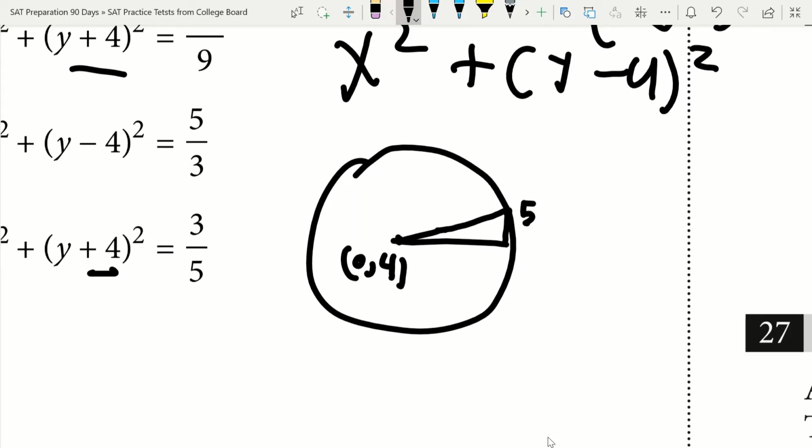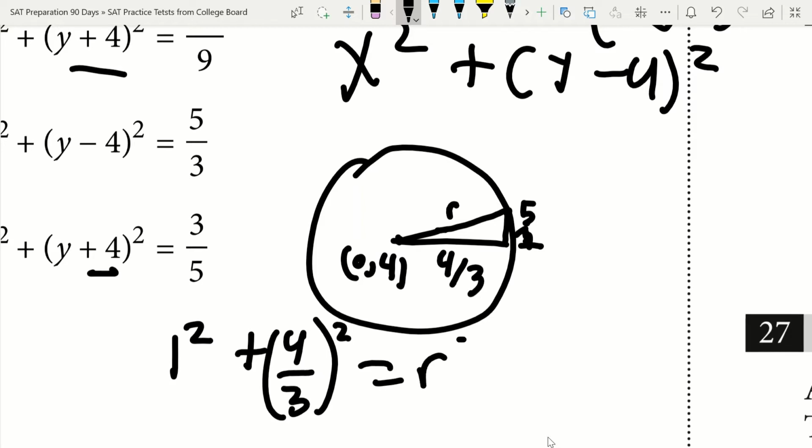So we know that 5 minus 4 means that this side is going to be a 1, right? That side length is going to be a 1. And we know that we go from 0 to 4/3, so this side length is going to be a 4/3. Now in order to solve for this hypotenuse, which is going to be our radius, we have to square that 1, so 1 squared, then add 4 over 3 squared,